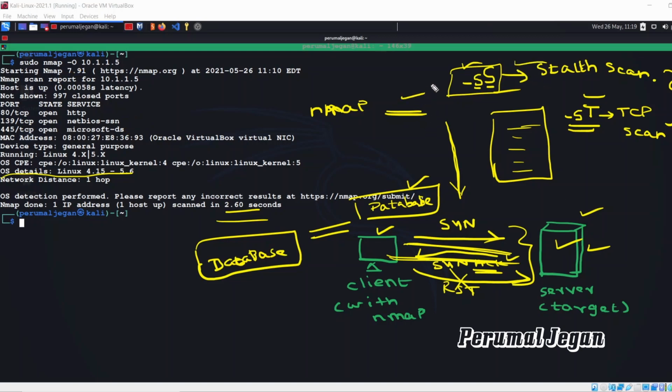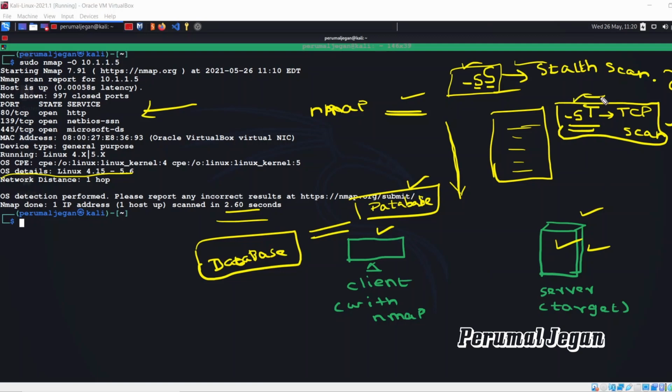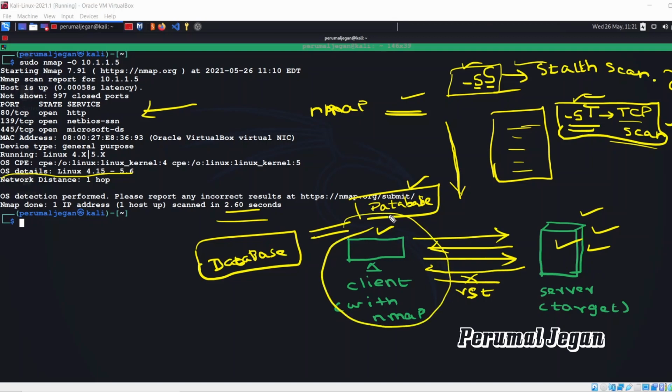By default, Nmap runs the stealth scan only. That is how you received these outputs. And I didn't explain the TCP scan, which is simple. When you use -sT, the TCP scan, it finishes the three-way handshake completely, and only then does it send the reset flag. So the administrator of your target will have the entire data of you. Which is why we prefer to use the stealth scan.